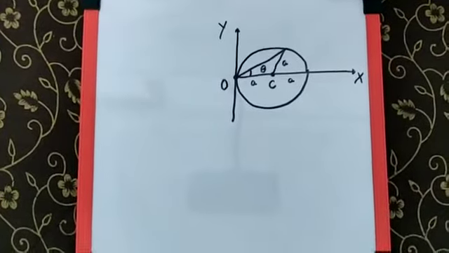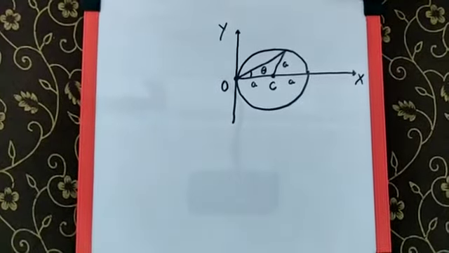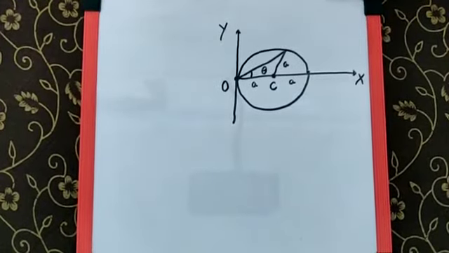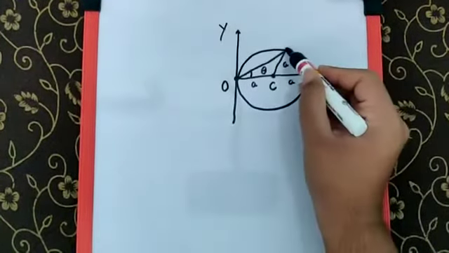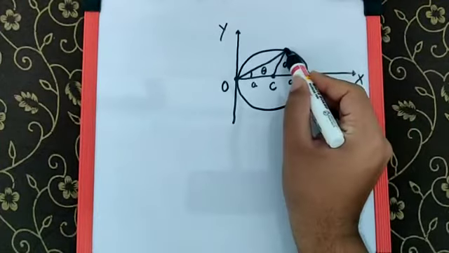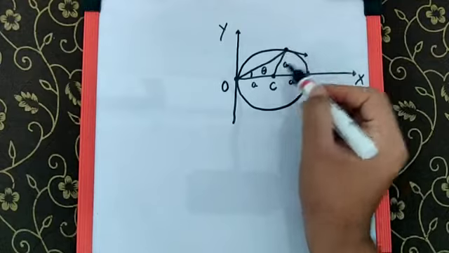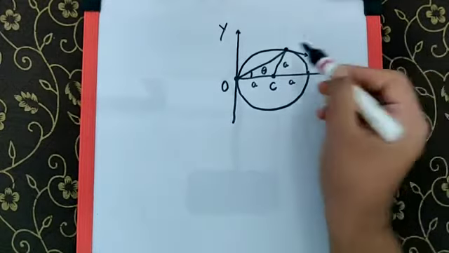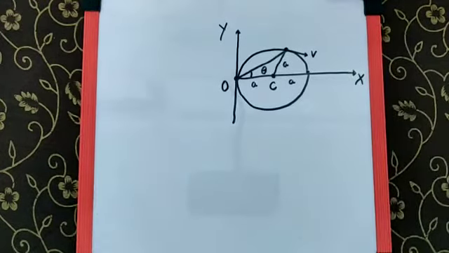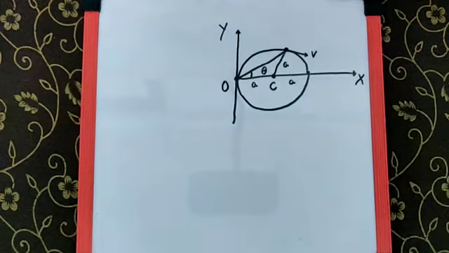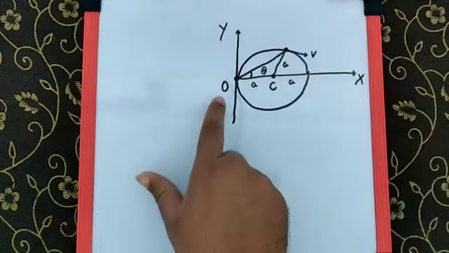The question says a particle is moving in a circular path of radius a with a constant velocity v as shown in the figure. If we consider this point, the velocity is going to be tangential to this line, which is the radius. So this is what the direction of v is going to be. The center of the circle is marked by C. The angular momentum from the origin O can be written as.